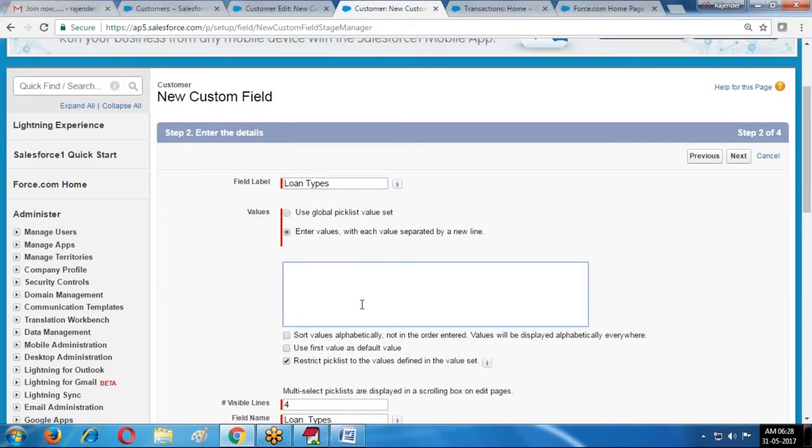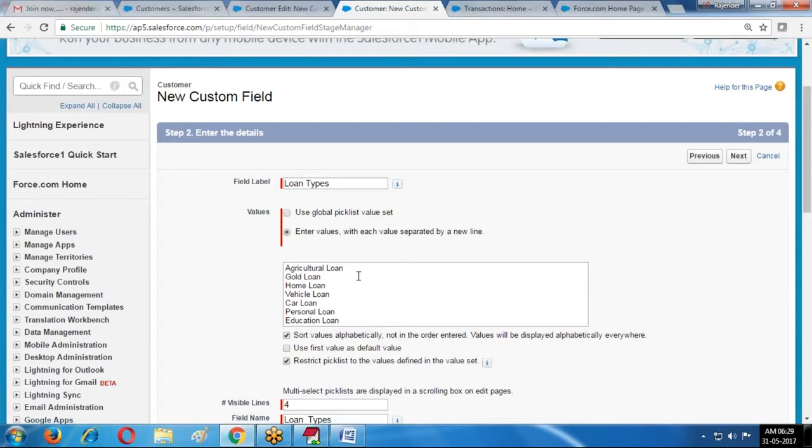I'm providing loan types: agriculture loan, gold loan, home loan, vehicle loan, car loan, personal loan, education loan. Like this you can provide different options.